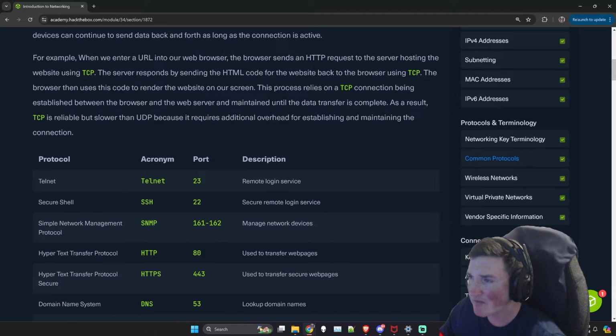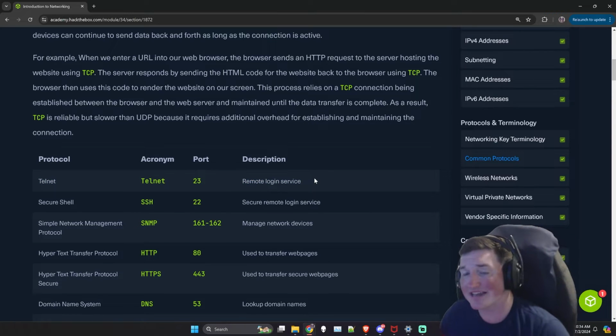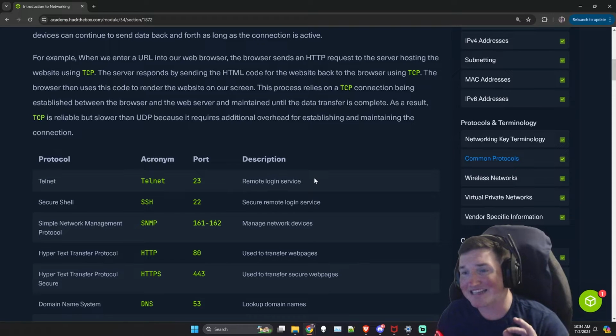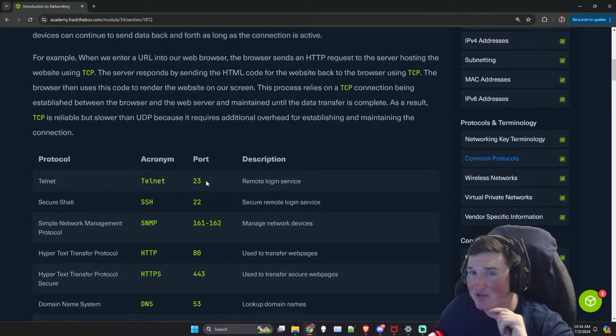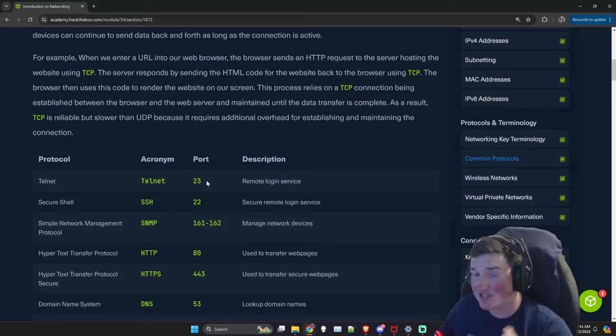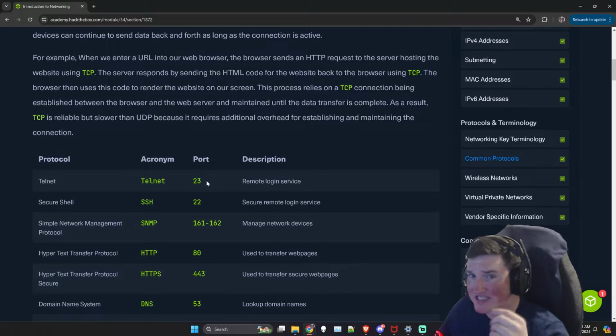So the one I want to talk about here is Telnet. There's a lot of confusion on Telnet. It's an outdated or deprecated protocol, but it's still very useful. Telnet is a protocol that allows you to connect to something on a machine, any port. The nice thing with it is it actually communicates using the terminology and syntax of the protocol that it connects to.